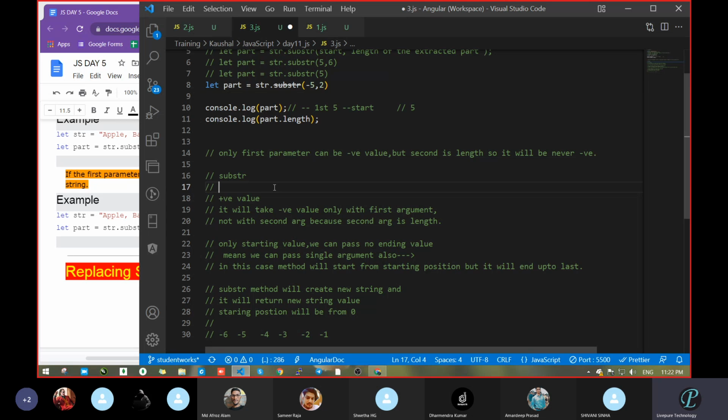One more thing you can write here: the first argument is the starting position, and the second would be length. Second argument will be length. Clear? I have written all things. I think nothing is left there.